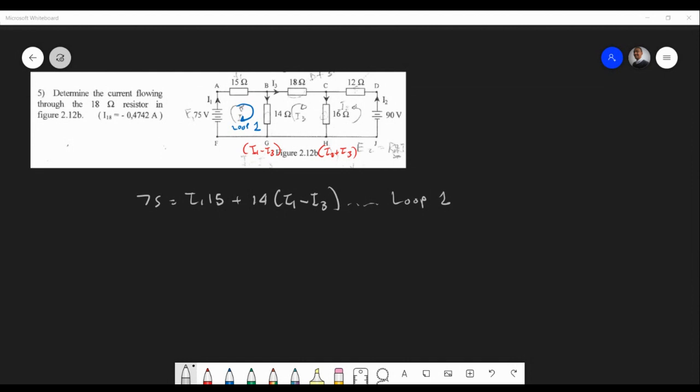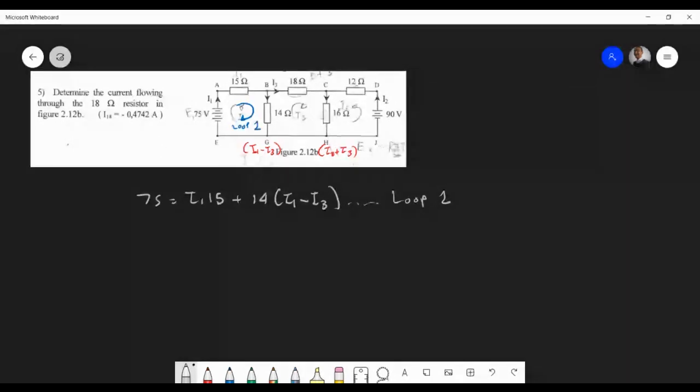Let's take another loop here. Now the next loop, I'm also going to use the 75. I want this loop here. Let me use another color, maybe. So I'm using this loop now. You need to try with many loops to understand Kirchhoff. I'm using this whole loop here, A, C, H, whatever. If I do this one, it's still going to be 75. I could have done another loop. I'm always collecting a voltage. So 75 equals,